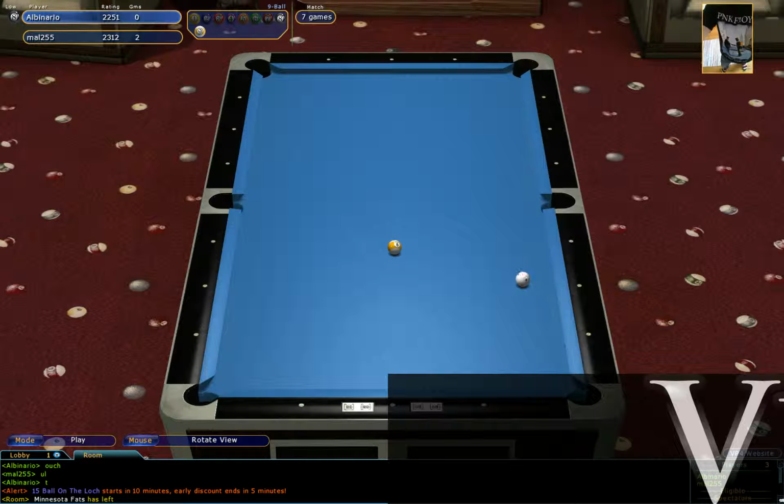We've got Albinario from Sweden, and we've got Mal255 from England. And you're probably looking at two of the best players in Virtual Pool, and they don't often get together. And this is a race to 7,